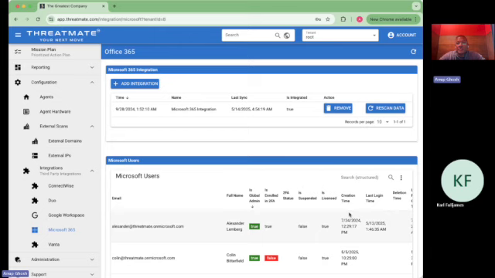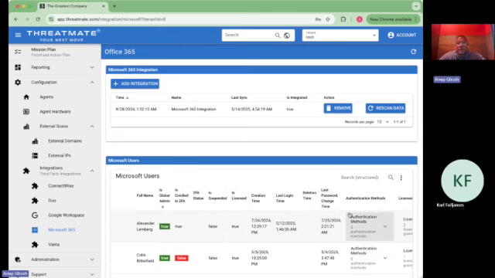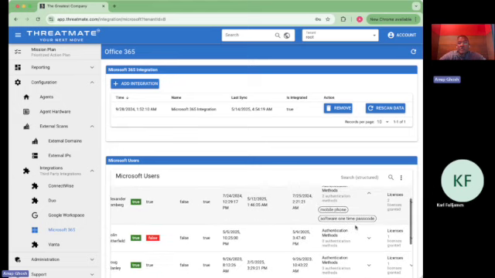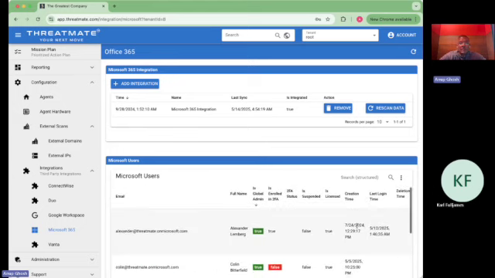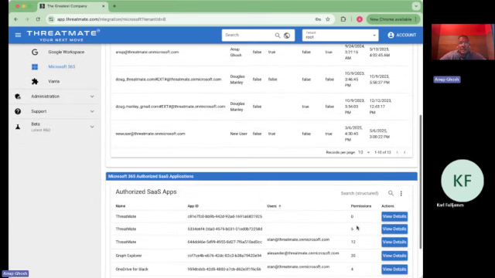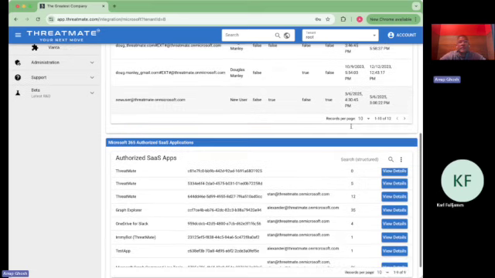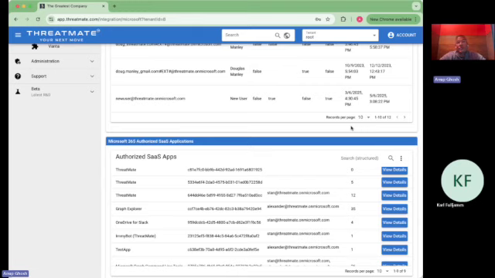We'll give you other information too: when the account was created, the last login time, which is very important to check on, and the last time the password was changed. So if you've got a password policy, you can alert on whether that password change has not been done within the time period required by your policy. For 2FA, we'll also show you what their second factor is. So very helpful information on the account side. If you get this right, it will help you prevent account takeovers, which is really one of the most significant